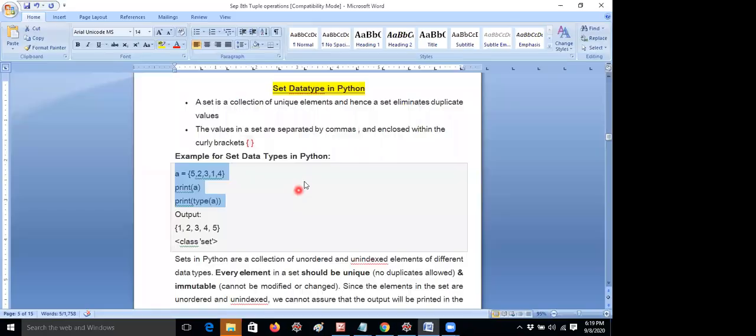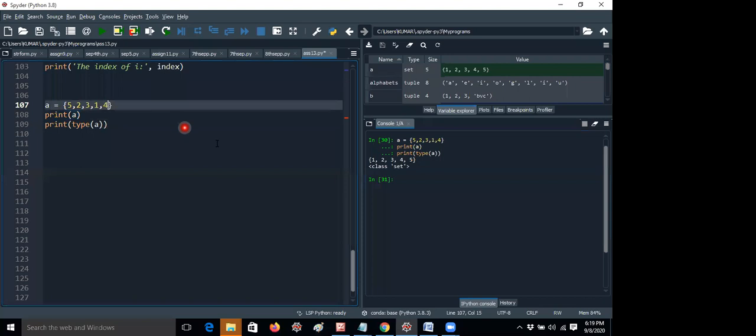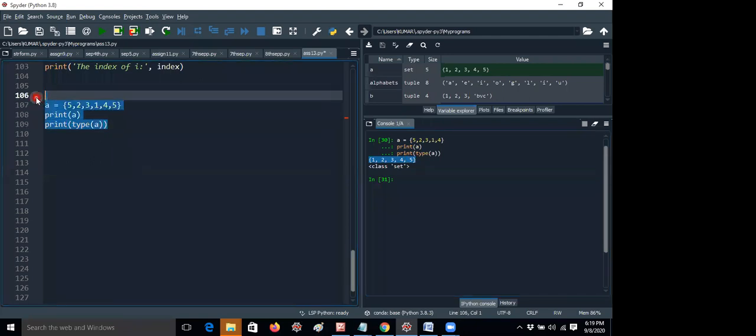Let me give an example. If I am giving 5 again, here 1 2 3 4 5 is in a proper sorted order, but it is not mandatory that all the elements will be displayed like this. Whenever I give 5 2 3 1 4 and 5 again, now I run the program again.